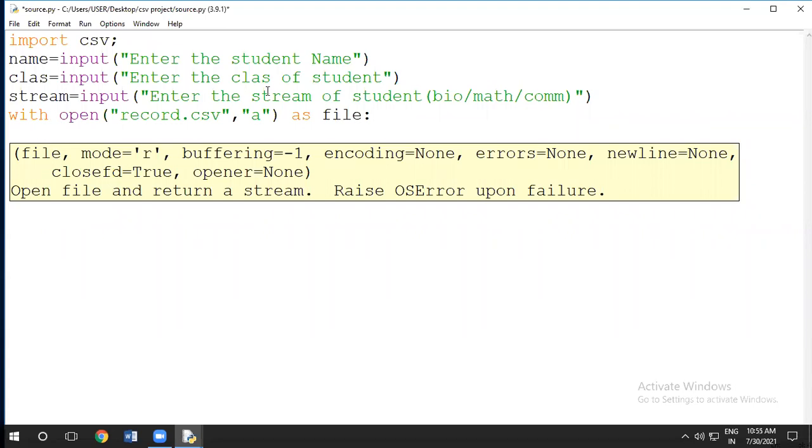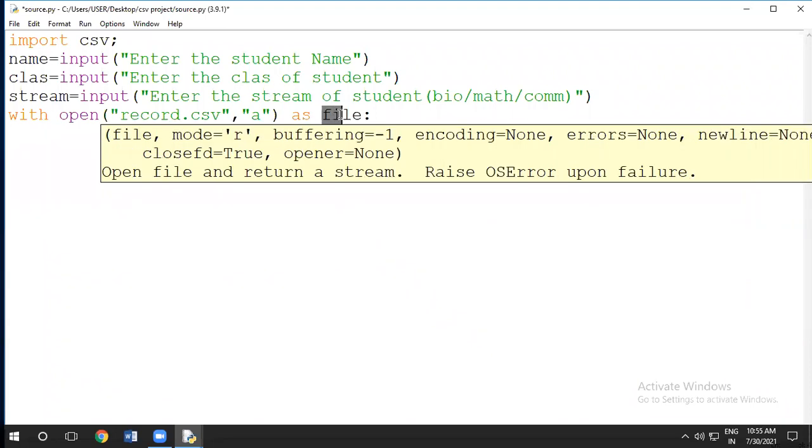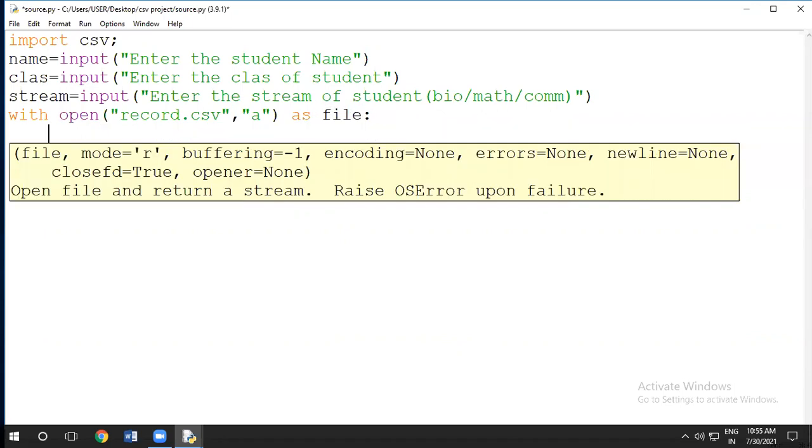So look here, I will explain the syntax once again. We have to use the with keyword, then the open function, we write the file name, comma, the mode, as file. Now the file is here as a file pointer. Whatever work we have to do, we will do by that. Then after, we have to create a CSV writer. So I have written here cw, and then I will write csv.writer, and in that I will use the file.